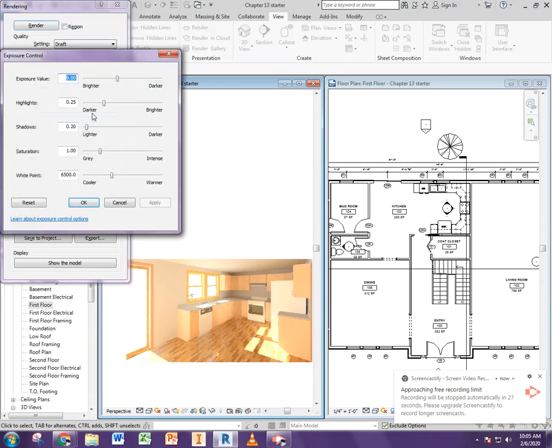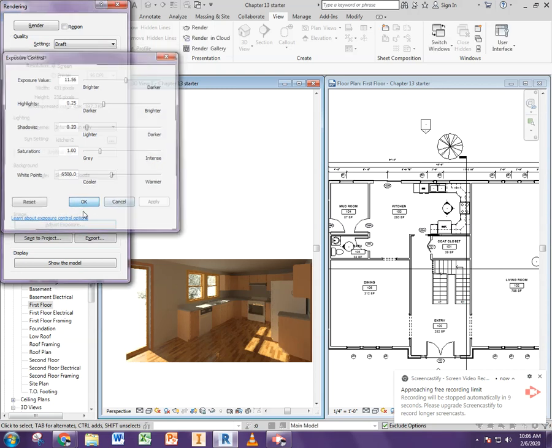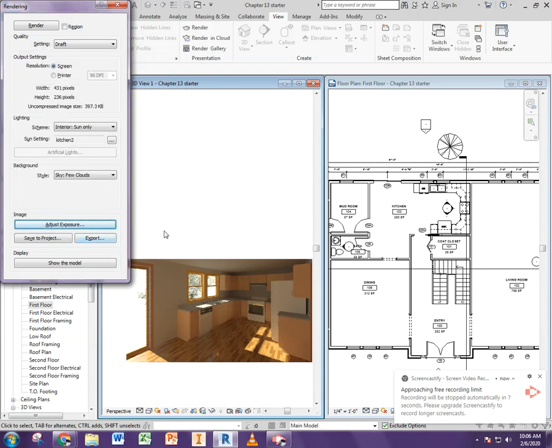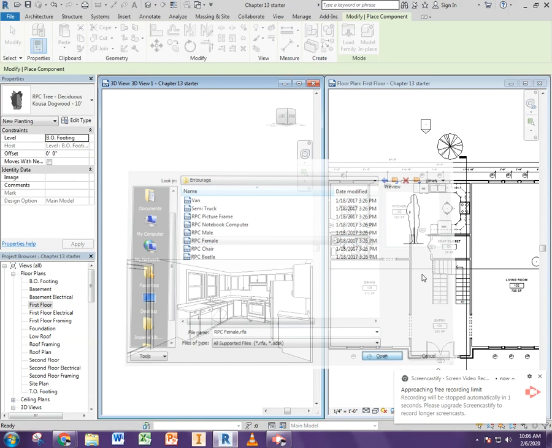You may want to adjust the exposure if you think it's a little bit too bright. This is something you can play with. And now you can see the tree better out of the window, but you can't really see the sky back there. You might want to change your clipping plane and whatnot. Once you have the image like you want it, hit export and then upload this to Classroom. You can also add people by going to Entourage and picking one of the people and placing it